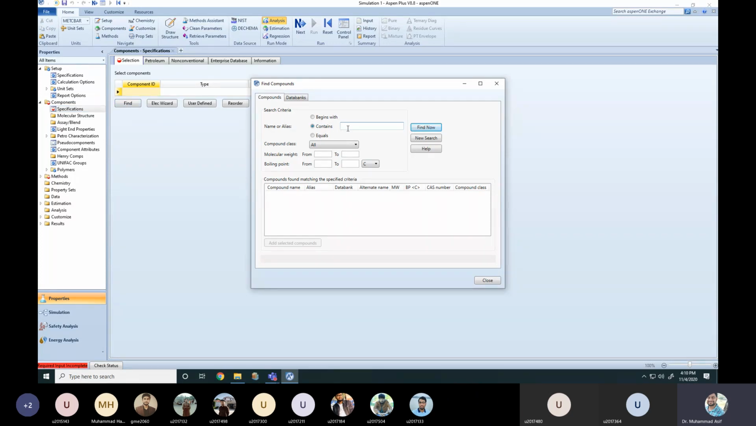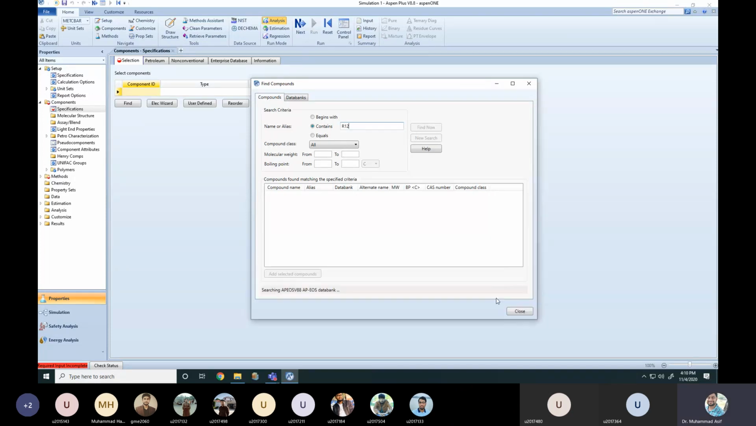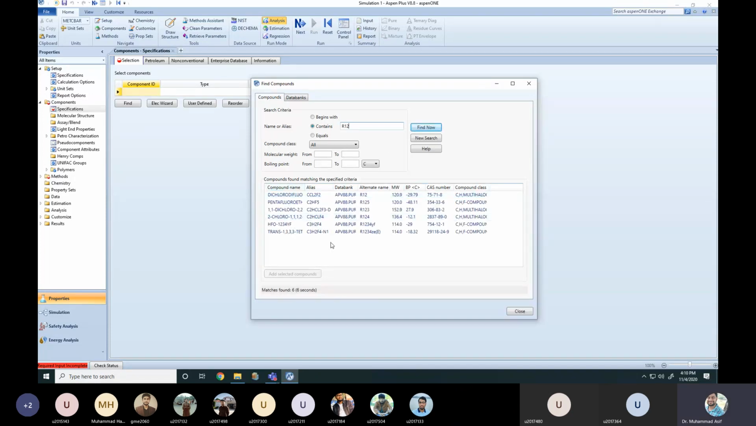You type some of the component. Let's say any refrigerant. Name any refrigerant. Let's say R12. So let's say I type here R12 and then enter. So related to R12, it will search out all the available components. So can you see